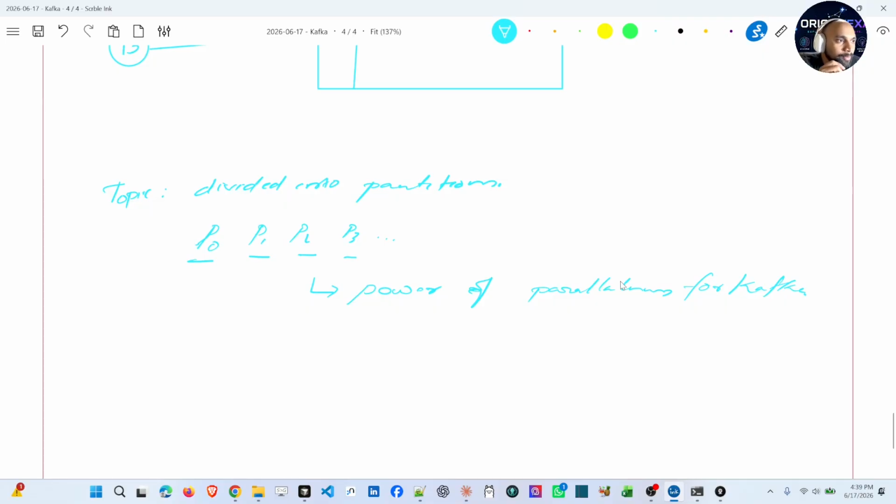And these are the major components of Kafka.